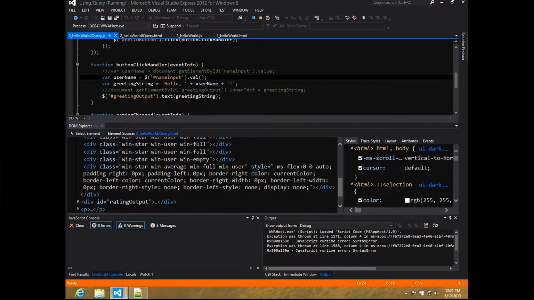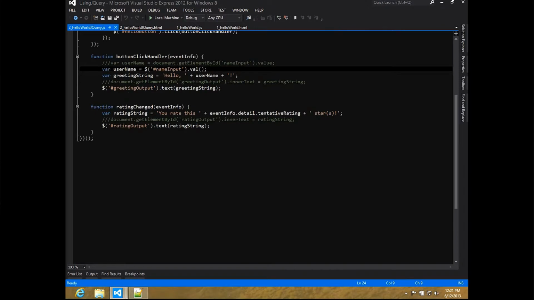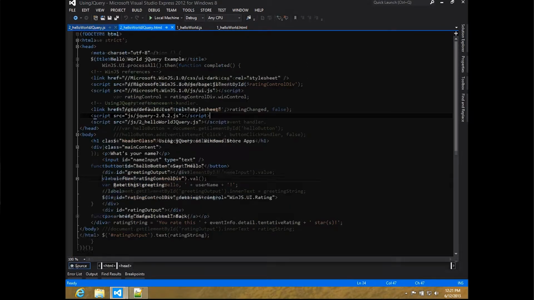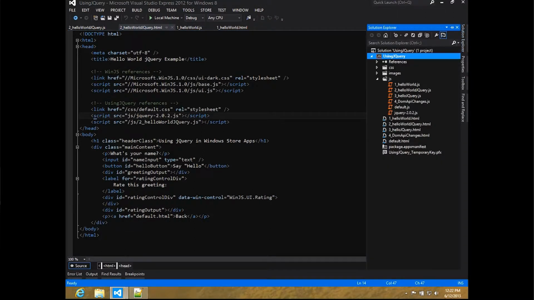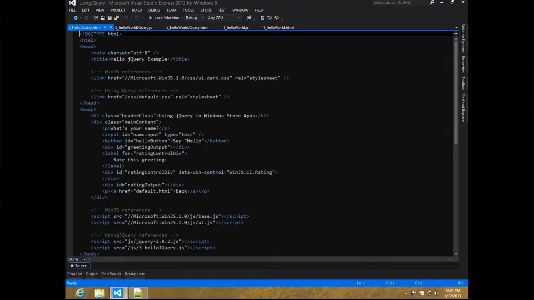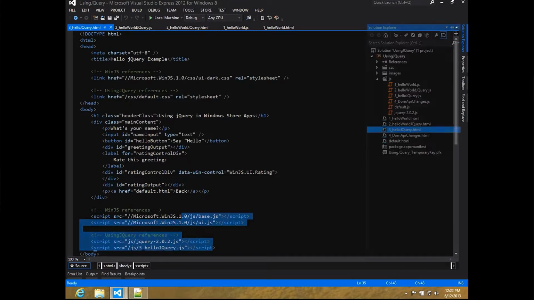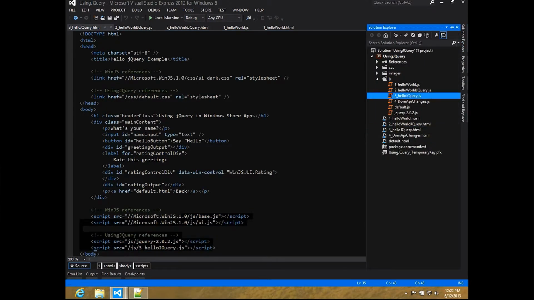But as nice as this is, following the Microsoft demo exactly, I have some complaints with this because it still is not following accepted standards. For example, separating your CSS at the top and your JavaScript references at the bottom. So just for good measure, I did it the way it should have been done in the demos, just to confirm that it worked. All the CSS at the top, all your JavaScript bottom, and in the jQuery,